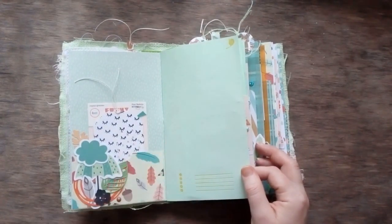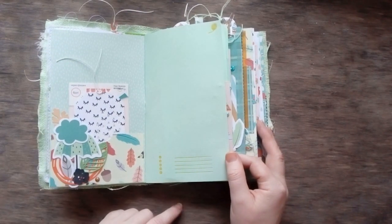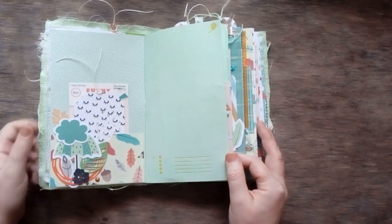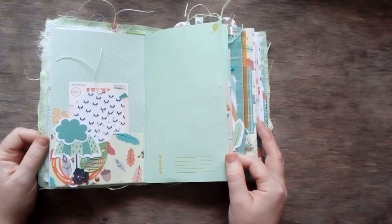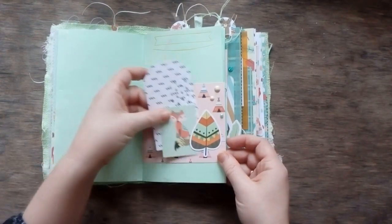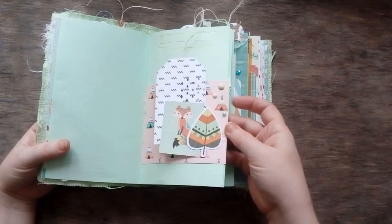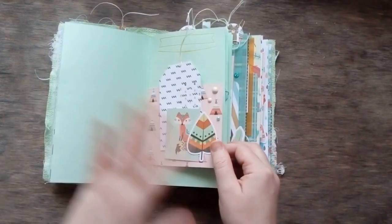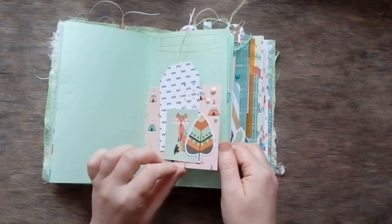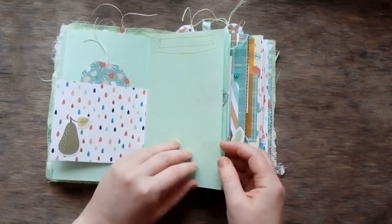Here are the pages of office paper, which I decorated with the help of bullet journal stencils, and as far as I remember, it was a gold ink ball pen. Okay, here are some more tacky corners and tags, and you can see a lot of decorative gems and pearls and stuff like that. This time I just went out of my comfort zone. Anyway, I enjoyed it so much, I just wanted to try something really neat and beautiful. And some more stenciling,